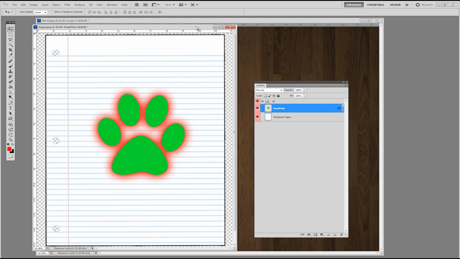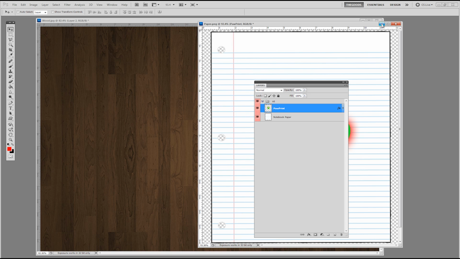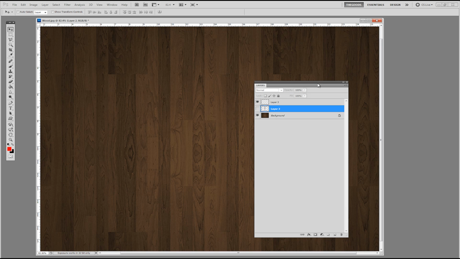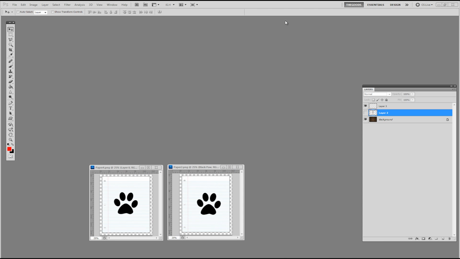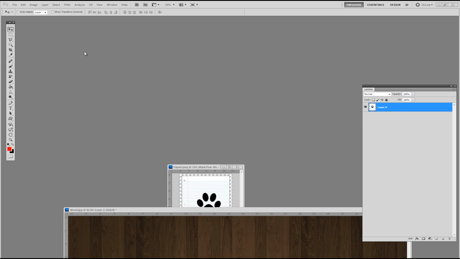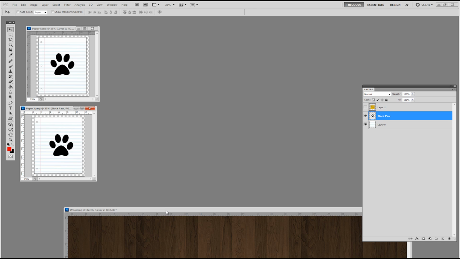So to better understand how layers are all sheets of paper, I have a few set up here, and I'm going to hide this one, and I'm just going to show you how they work. Like I said, these are all independent layers. Let me go ahead and move this to the side. Okay, we have this paper here, this paper here,